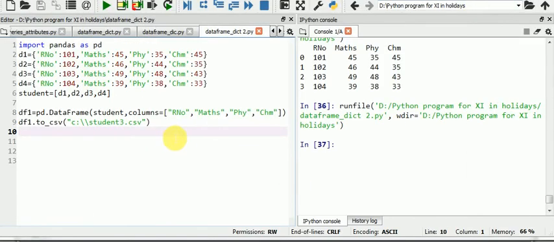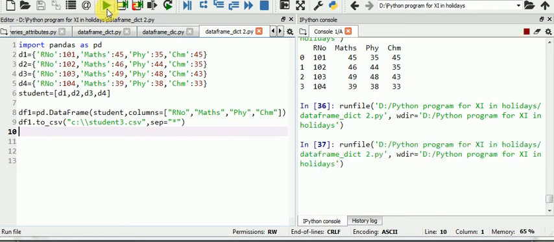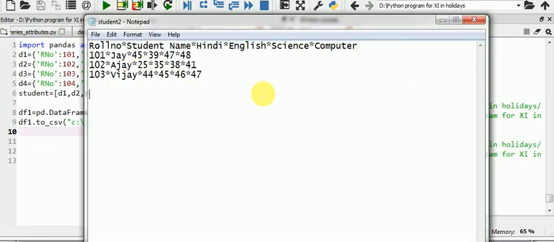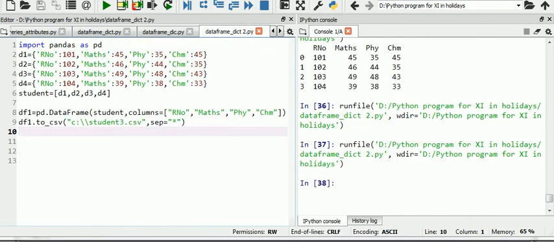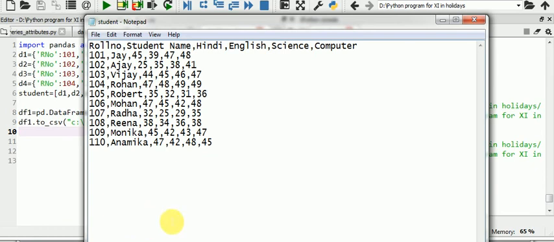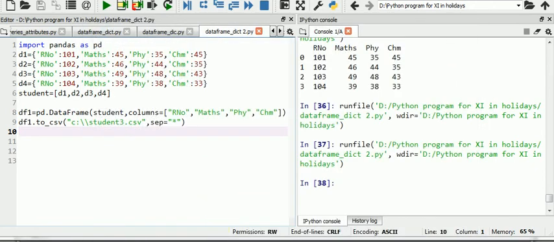If suppose in place of the comma you want to use any other symbol like a star, then we can again use sep equal to, and I am giving the asterisk symbol to use as a separator. Now run this. Look here, closing this.